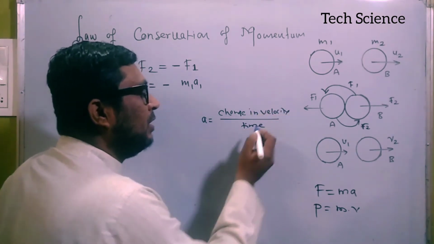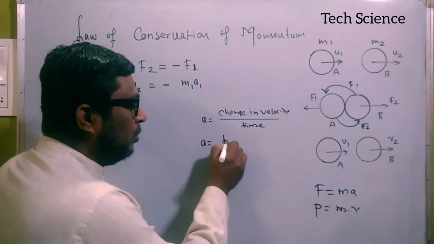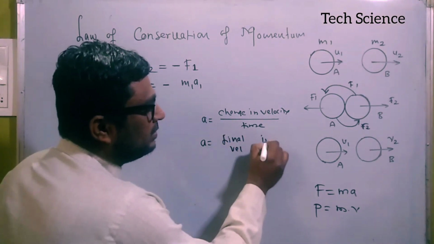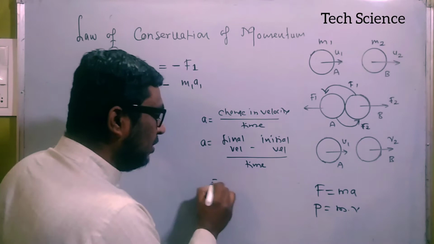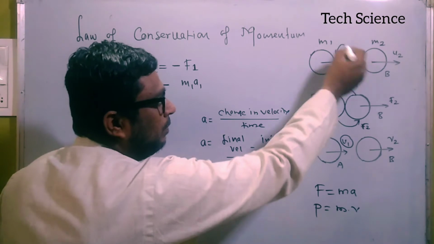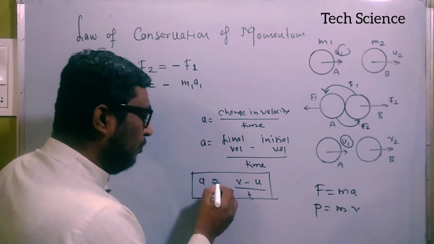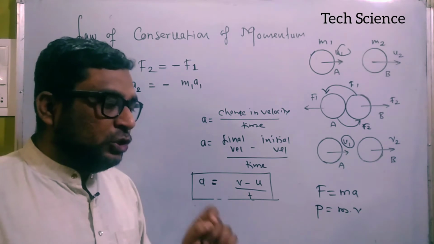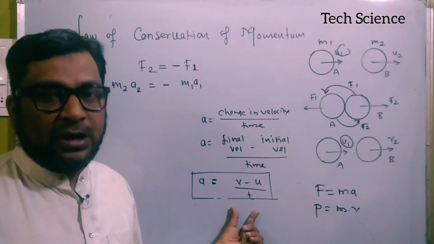We already derived this equation. I have already uploaded the video on YouTube also; you can see that video for acceleration. So acceleration is the change in velocity. How can you find the change in velocity? Final velocity minus initial velocity divided by time. Final velocity is denoted by the letter v, initial velocity by u. So the formula for acceleration is a is equal to v minus u upon t. But I am explaining this formula in very short. If you want a detailed explanation regarding acceleration, we have a video on that. You can check it out.